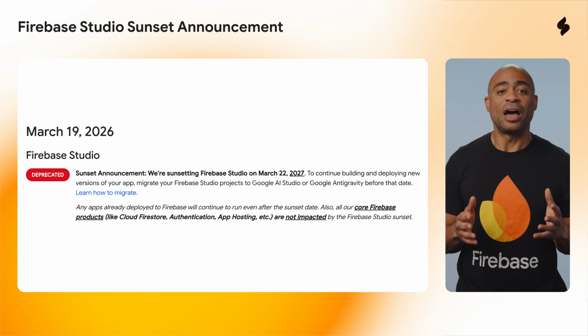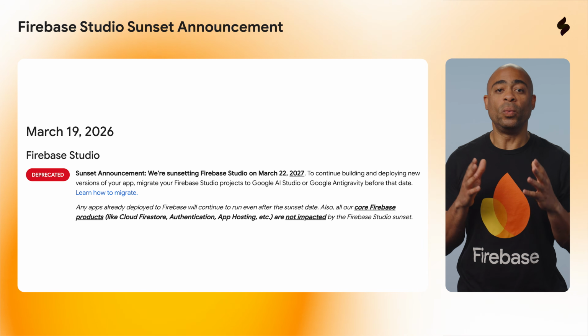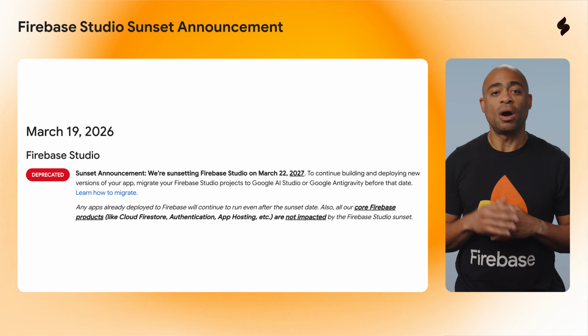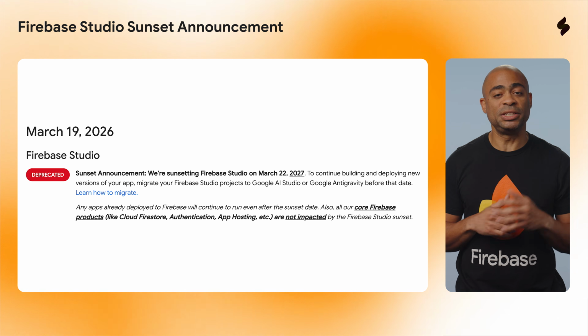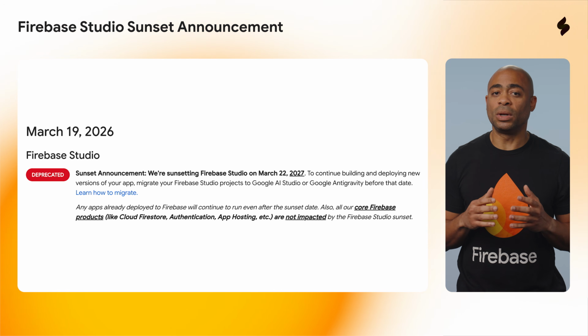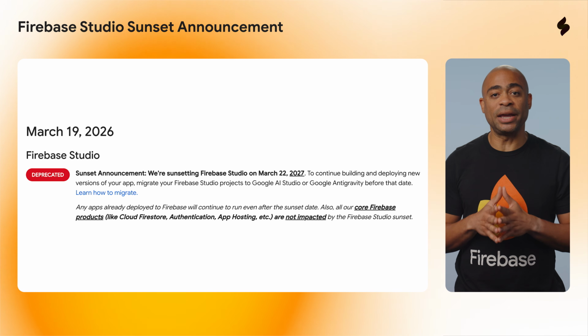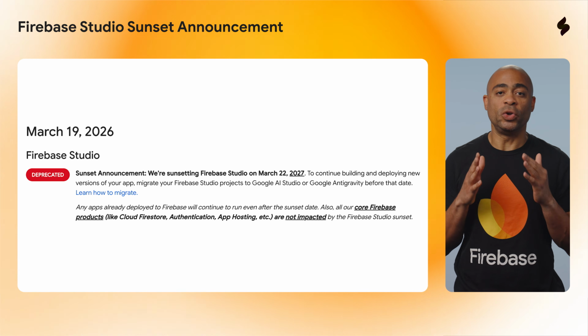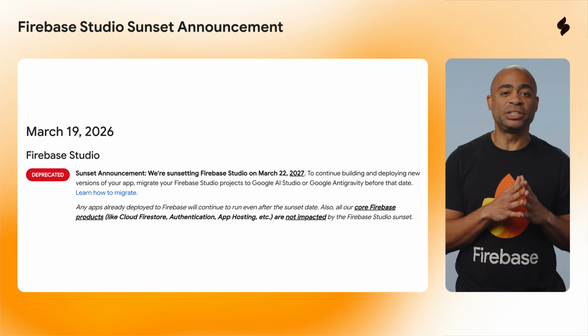And lastly, a very important announcement. We are sunsetting Firebase Studio on March 22nd, 2027. Our goal is to simplify your AI tools and ensure you have the most powerful integrated experience. To continue building